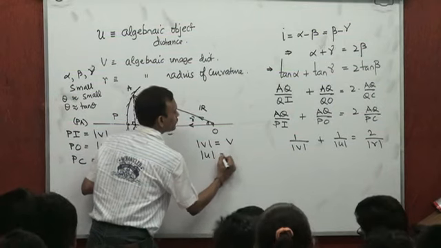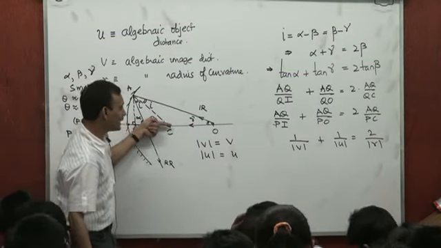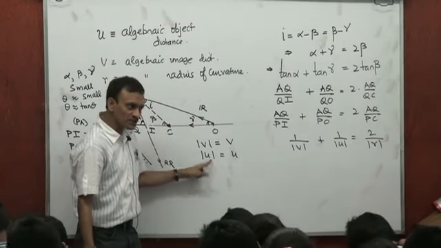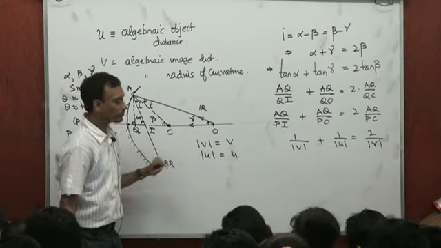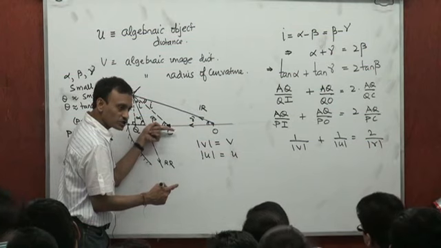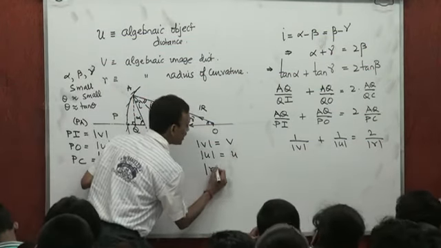Mod U would be equal to U if U is positive. Why? Because to locate the object, again I am moving in a direction opposite to the incident ray. So U is positive, so mod U would be U. Similarly, to locate the center, I am moving in a direction opposite to the direction of the incident ray. So for the figure, R is positive. So mod R would be equal to R,